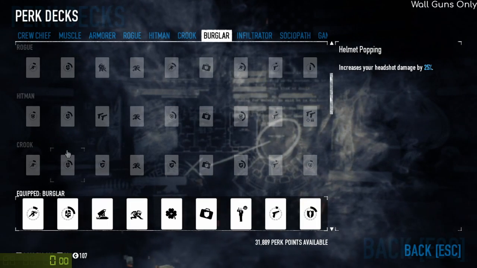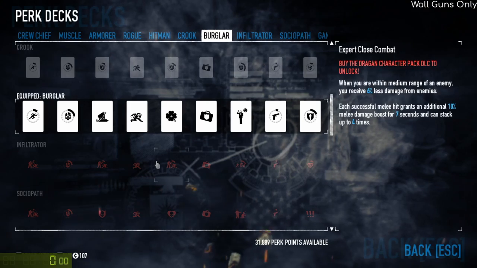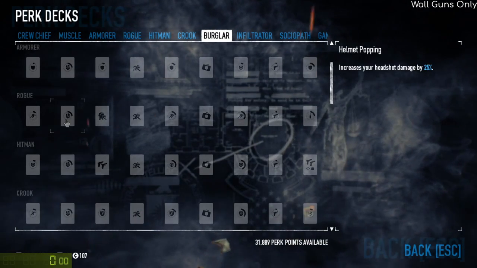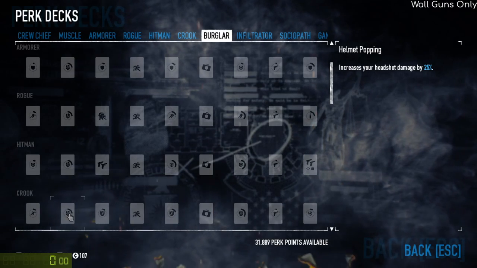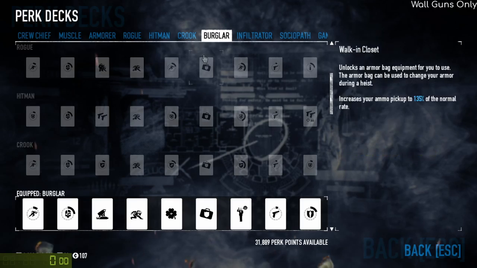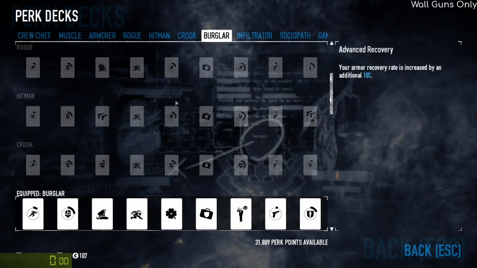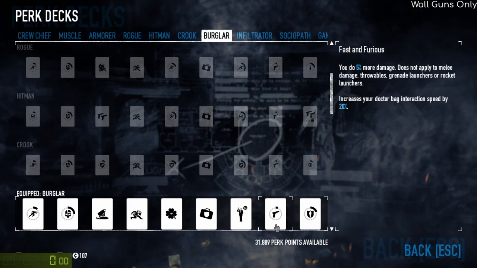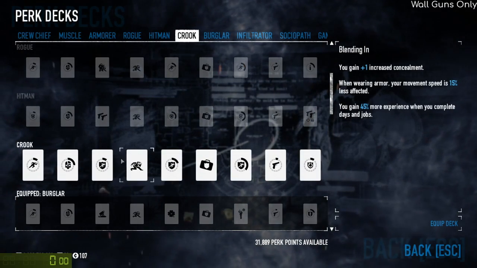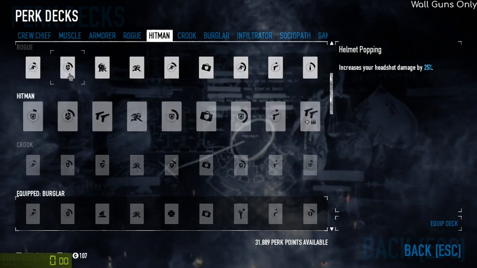If you cannot get Burglar since you don't have the DLC, make sure to equip either Rogue, Crook, or Hitman. So these are all Rogue, Hitman, Crook, or Burglar. All the stealth trees are in one separate page. These will all give separate things. Crook, I think Crook might be DLC only. I can't remember. But definitely Hitman and Rogue are both